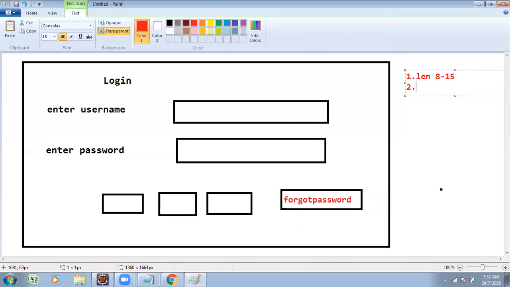Then at least one uppercase letter, at least one special character, and no spaces allowed. Several conditions are there.